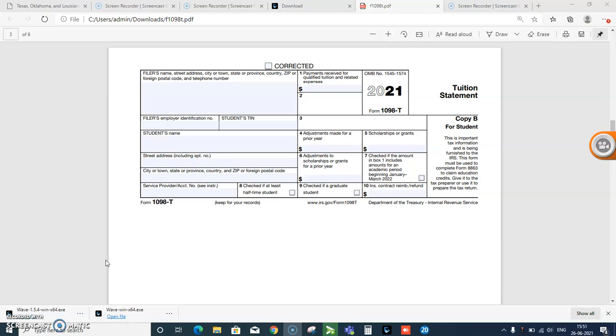Number 1. If the school reports the amount paid, it puts the figure in box 1 of the form. You can see box 1 of the form. And if it reports the amount billed, it does so in box 2. A school generally has to use the same reporting method everywhere. If it changed its method, which requires IRS approval, it puts a check mark in box 3. The box is here primarily for IRS information, not for the students.